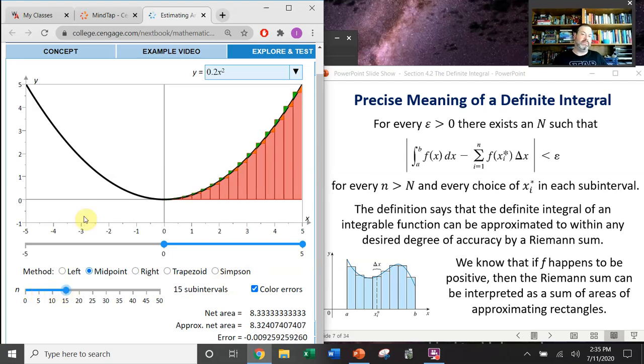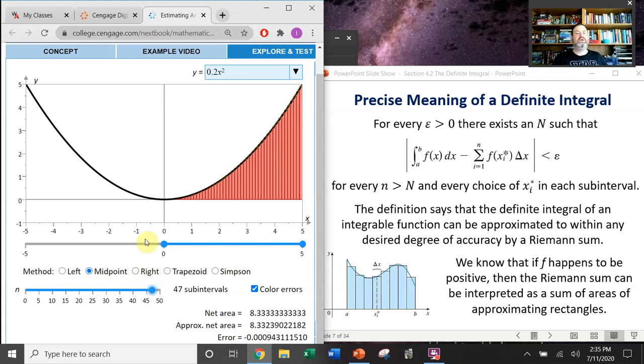I had to go 15 subintervals. Oh no, sorry. Now it's less than 0.1 right here. Oh geez. 5 subintervals, it's less than 0.1. Here it's less than 0.01. Here it's less than